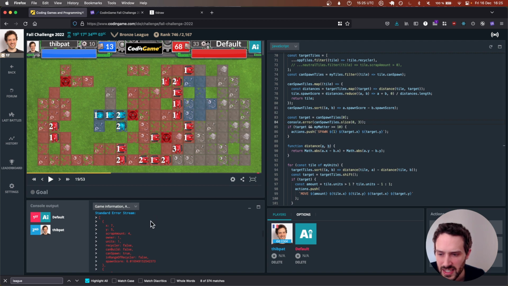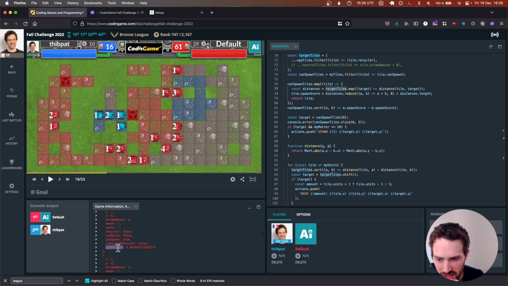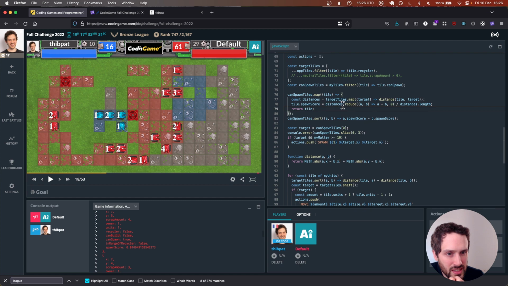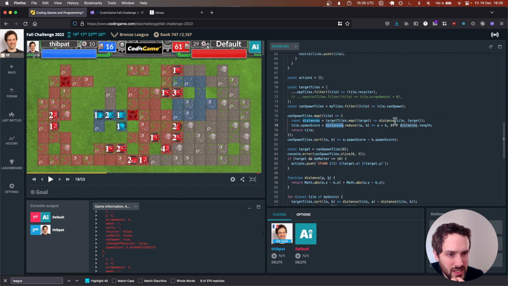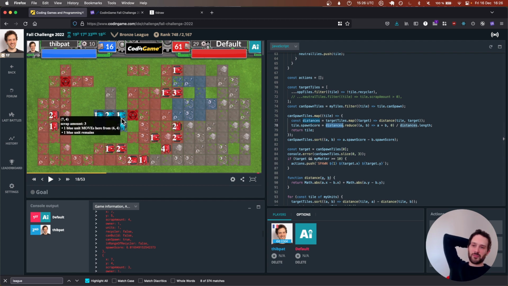Here, oh yeah, maybe the target tiles. Now we have target tiles with the opponent. Let's see, 5 and 7. Why is it an interesting target tile? Because the spawn score is quite high. Oh yeah, because it's the middle. Of course, this one is in the middle of all the other tiles, so that's why it has a high worth, and that's why we are placing the